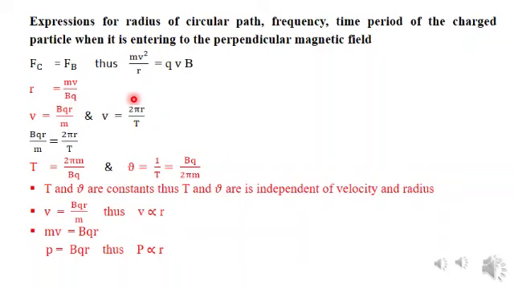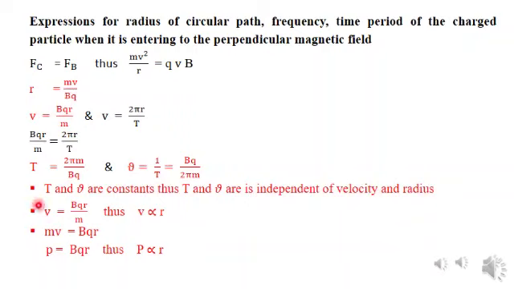After comparing the expressions of velocity, the equation is BQR divided by m equals 2 pi r divided by T. Now the expression of time period is 2 pi m divided by BQ, but frequency is 1 by time period, so nu equals BQ divided by 2 pi m. 2 pi is constant, m mass of the charged particle is constant, q charge of the charged particle is constant, B since charged particle is coming to uniform means constant magnetic field, the time period and frequency both are constant, means it does not depend on radius as well as velocity of the charged particle.